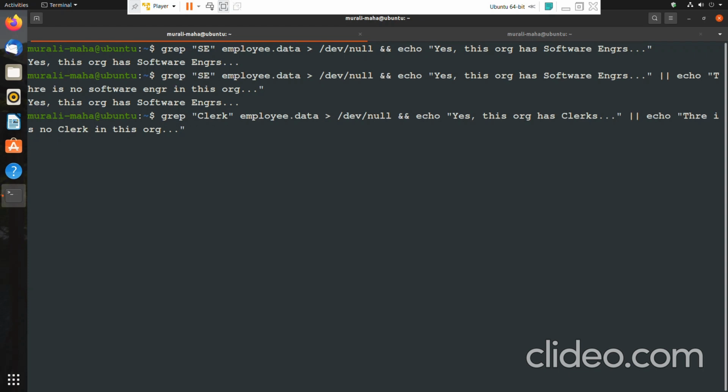There is no clerk in this organization, because in this case grep has failed. Grep is unable to find even a single line with the pattern clerk in the file employee.data. Hence grep has failed to find the pattern. So when grep has failed, whichever command follows the double pipe symbol, the conditional execution operator OR, is executed. I believe you have understood the significance of the conditional execution operator AND and the conditional execution operator OR.